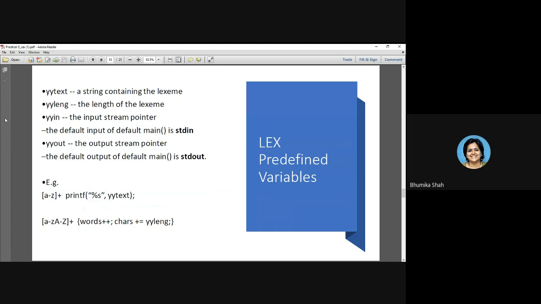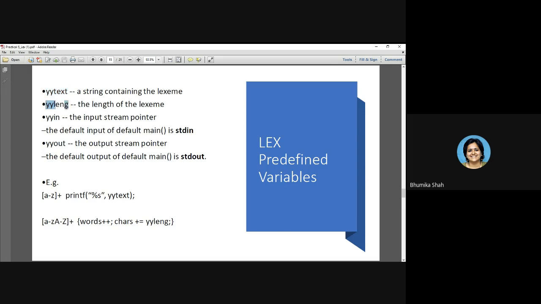We are discussing Lex's own variables of the Lex library. You cannot redefine the meaning of these variables. They will contain specific content only, defined by Lex by default. The first Lex-defined and very useful variable is yytext. What is the purpose of the yytext variable? It stores the current lexeme. Suppose you are processing a file hello world and the first word is hello. It is the current lexeme, so hello will be stored in yytext.